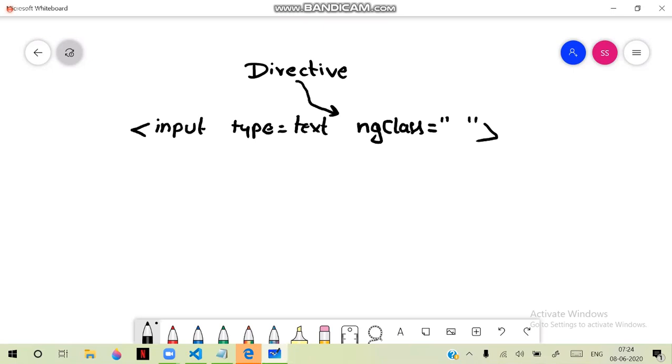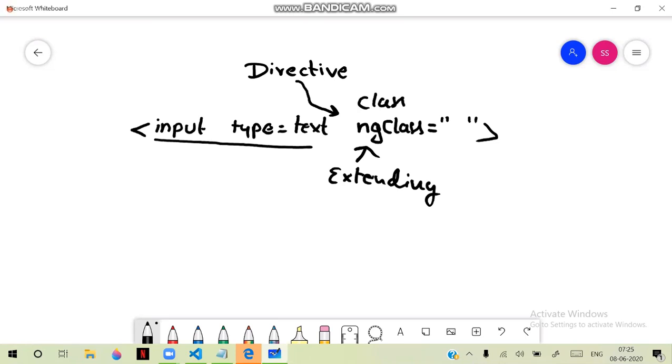That means HTML is already doing some work, and this directive is extending HTML. And how is it different between class and ngClass? Actually, ngClass will apply